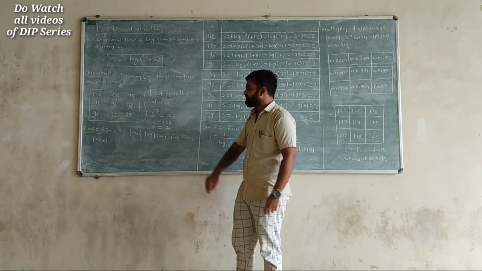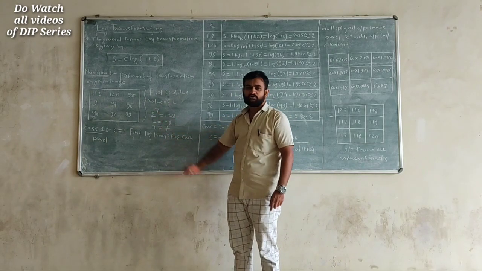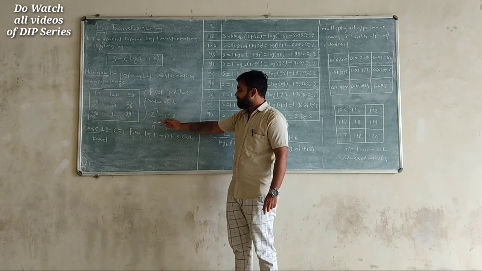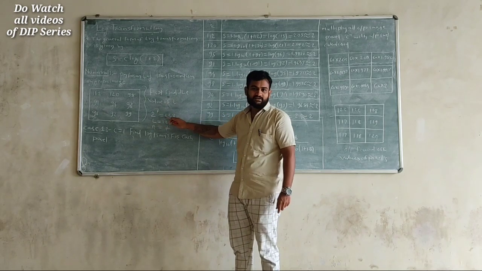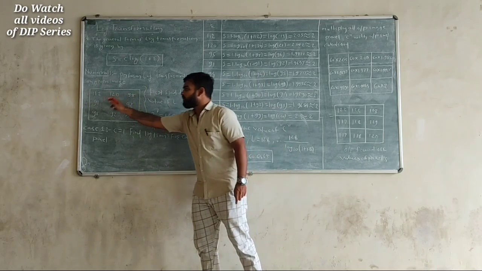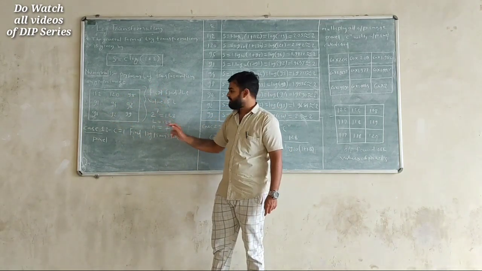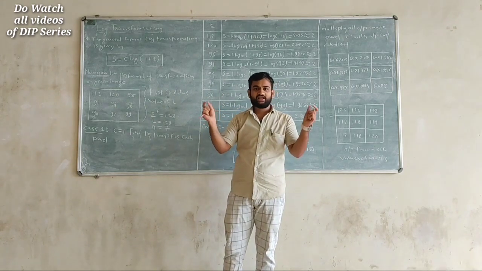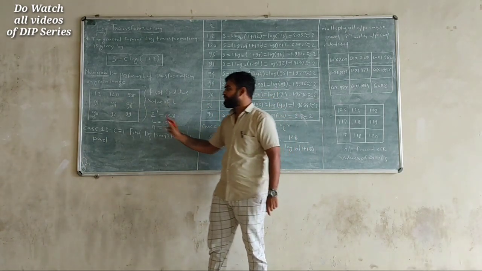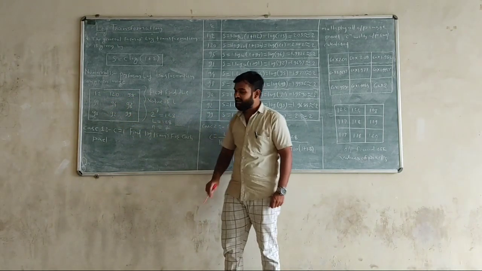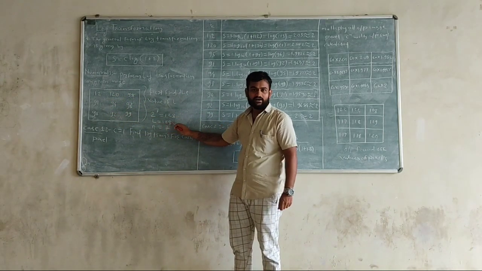So what is the possibility for the value of L? 2 raised to the power 7 is the condition, and 128 is going to be the larger value, so all values should lie in between 0 and 128. What is the range? 0 to 128, and every single pixel value lies in that range. So what is the value of L? The value of L is 128.